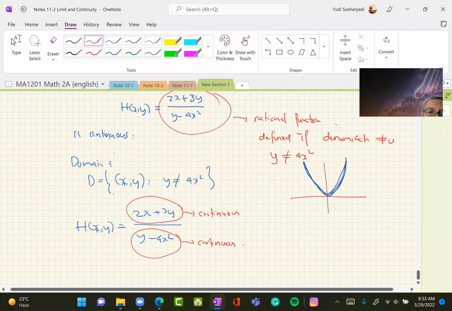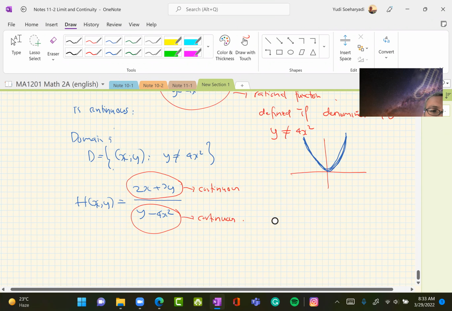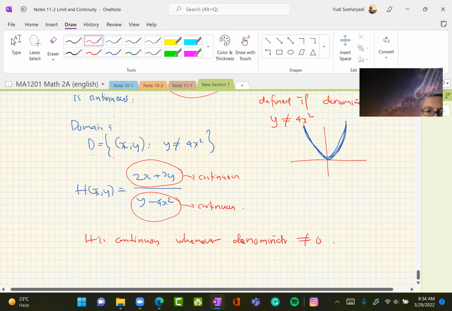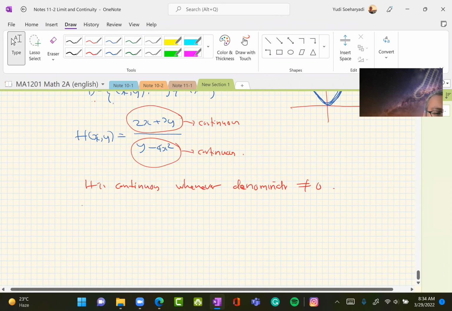And as rational functions, it is continuous whenever the denominator d is not equal to 0. Okay, so that's why the continuity means the same. Therefore